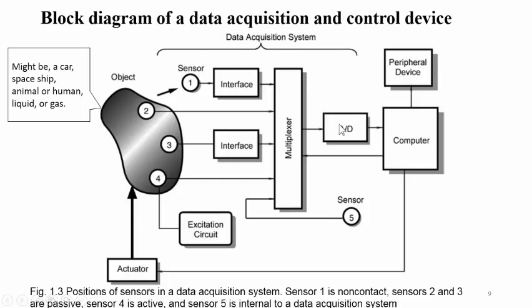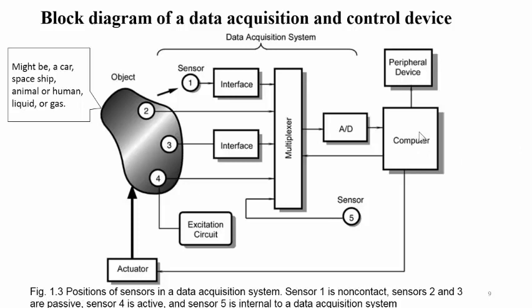So the multiplexer is responsible to give the output to the A to D conversion block. Here analog to digital conversion is done with this particular section available in the data acquisition system. The multiplexer is responsible to give only one output, that is, many to 1. So it will accept many inputs from the sensor section. Now in this case there are 1, 2, 3, 4, 5 sensor modules, so only one output is given to the AD conversion.